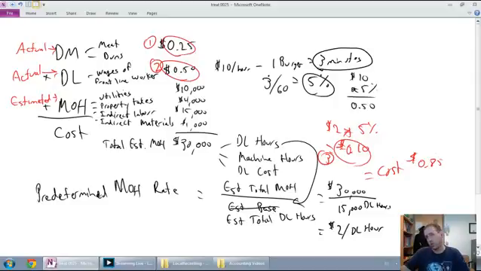So we know when we charge our customers $1.50 for the burger, we know how much money we're making, right? We know our markup over cost. Cost is so crucial. A lot of times when people think of their cost, they only think of the material and the labor. They forget to think about the overhead, but the overhead is critical. In our next video, we're going to walk through the journal entries of a job order